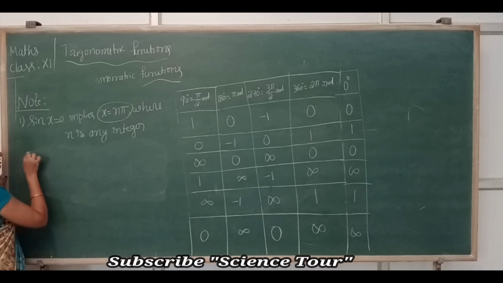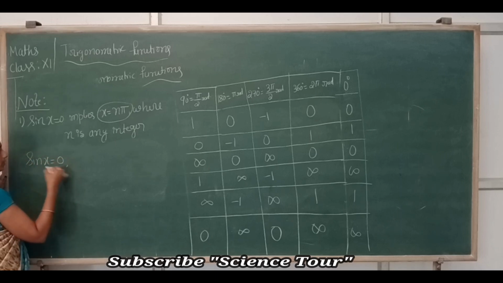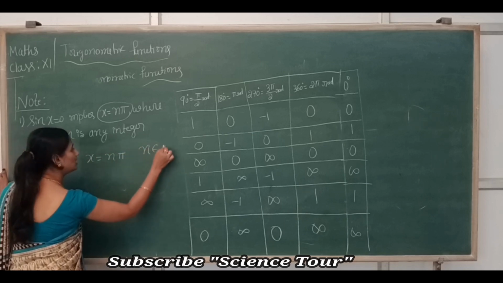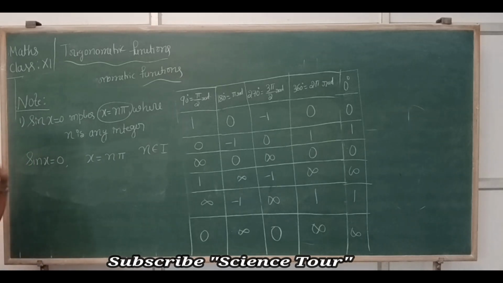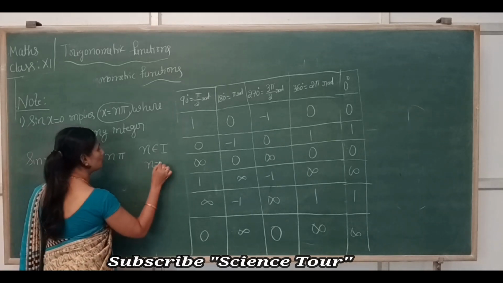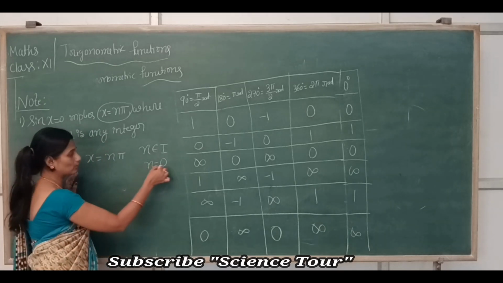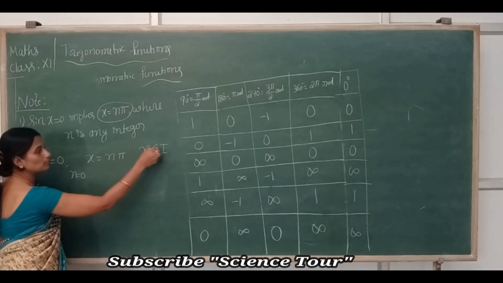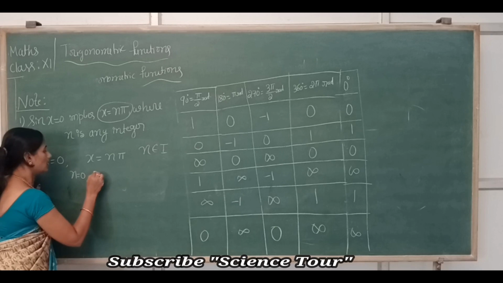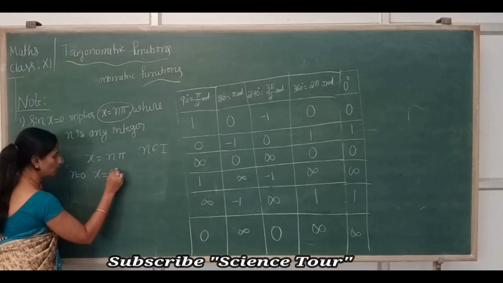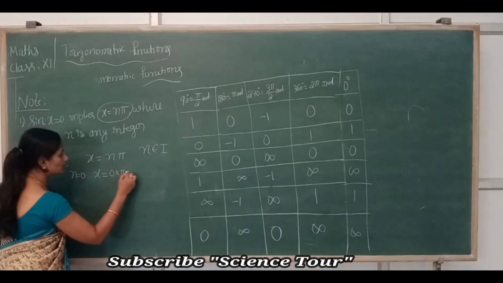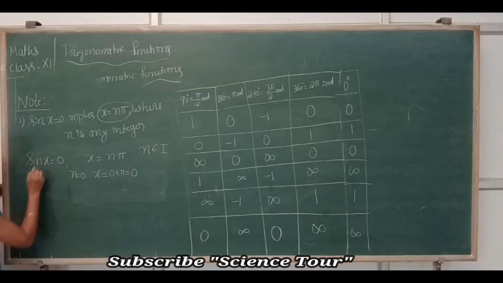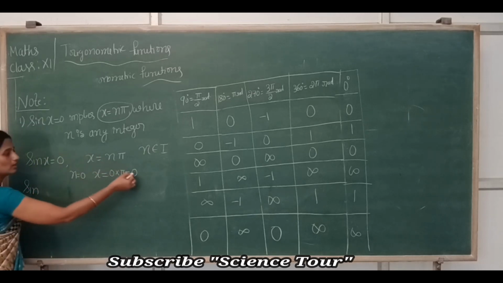So now here sin x is equal to 0, right? x is n pi, and n belongs to integers. So I will take n is equal to 0 first. Is it possible to take n is equal to 0? Yes, because 0 belongs to integers. Now x is equal to n pi, which is 0 into pi. So 0 into pi is 0. So x is replaced as 0, which means sin x now comes as sin 0.